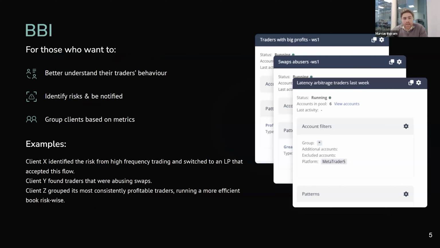And essentially what this does is it's there to build custom trading patterns, or identify custom trading patterns, based on the client behaviors, the risks, or anything along those lines that you're looking to identify. So how it works basically is you can build a custom report or a custom alert based on these trading patterns. So, for example, if you wanted to identify cases of EA trading or high frequency trading, you can create